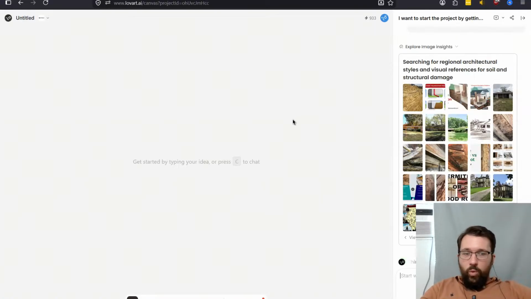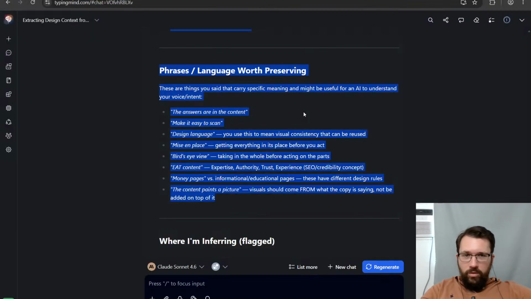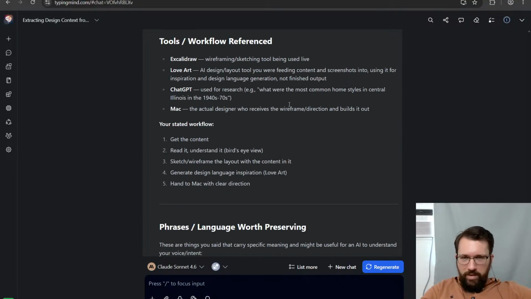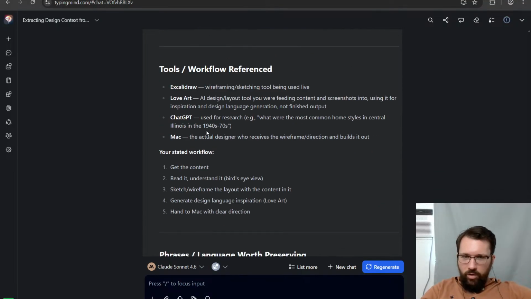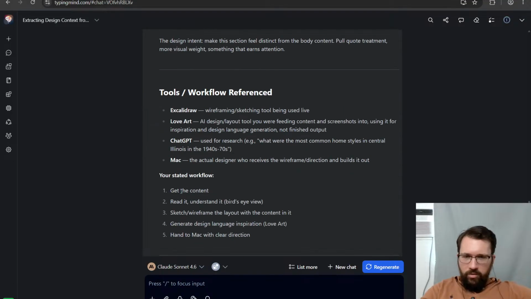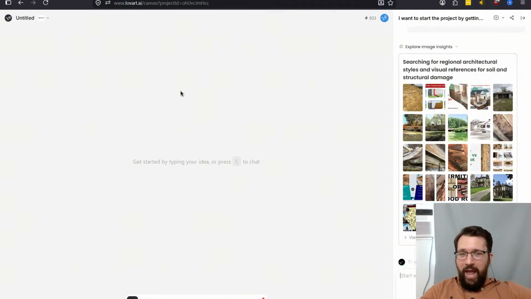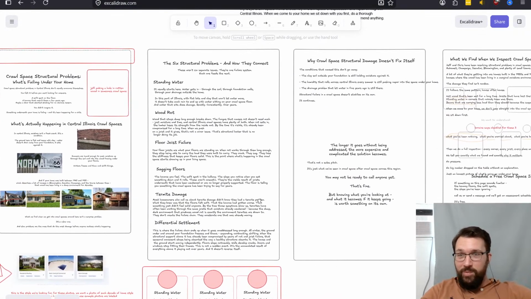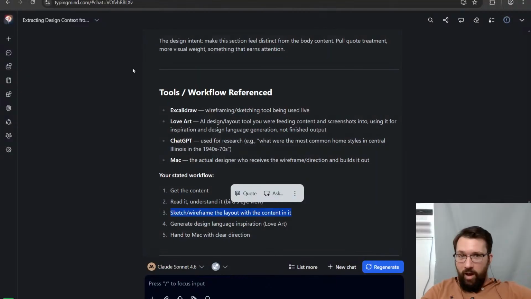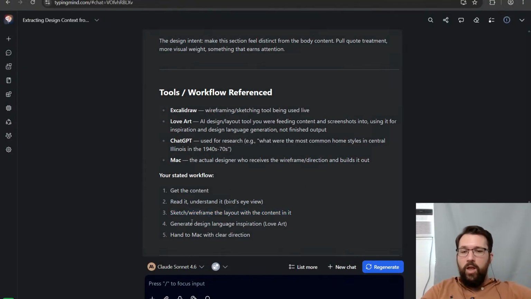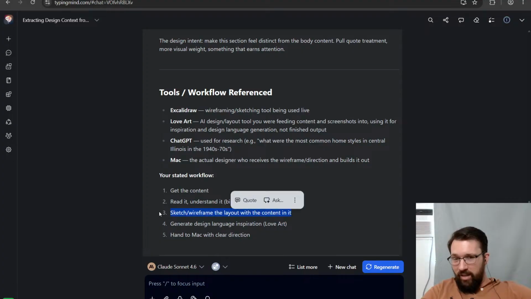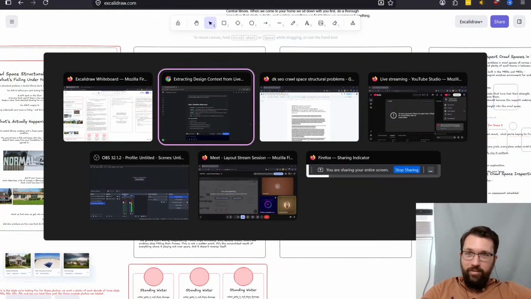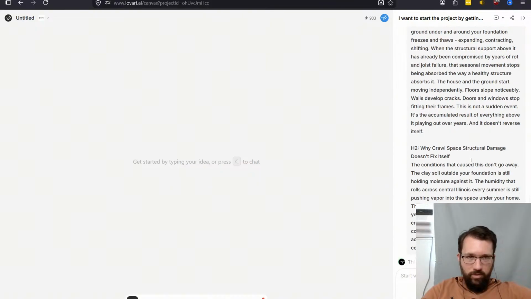Now, what I'm thinking next to do is this. It's basically like it says, there's a workflow referenced. Okay. Get it, read it, sketch and wireframe the layout with the content in it. Okay. This is the next thing I'm gonna ask it to do. Yes, we did it manually yesterday, and that's good because that's what gave us this big conversation in our own design notes. But now if we ask it to do the same thing, considering the design notes that we gave it, which are pretty extensive,